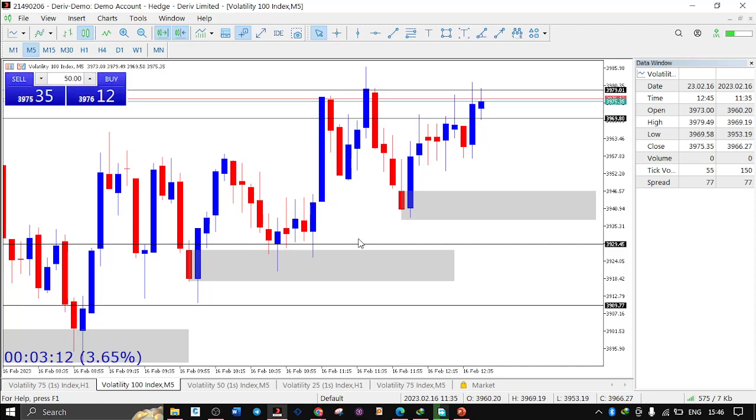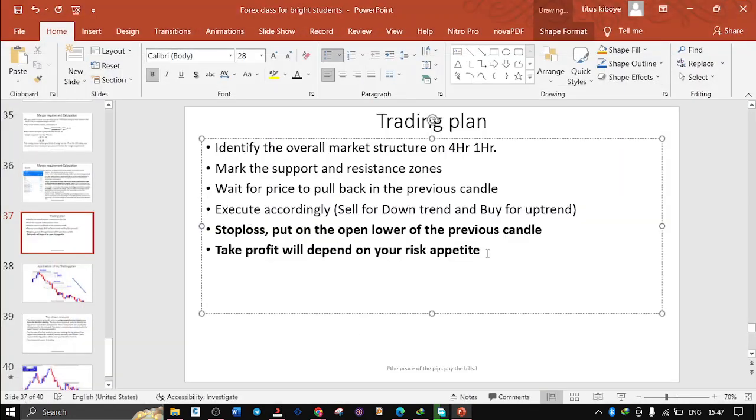So why don't you put your stop loss at a point such that the moment it starts going downwards, you get out? Because the longer you stay in, does it mean the more the profits, as it goes up and down? It depends on your risk appetite where you put your stop loss. Remember, risk to reward ratio. You may say, I'm risking 10 to get 20. That's 1 to 2. I'm risking 20 to get maybe 80. That is 1 to 4. So it will depend on your risk appetite, which is in your trading plan that I've mentioned.